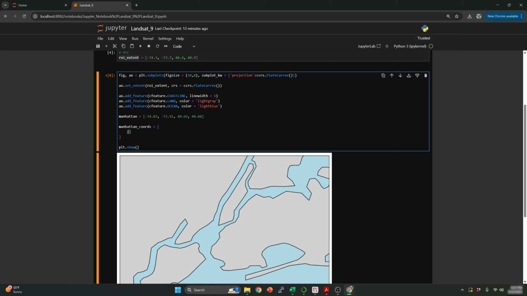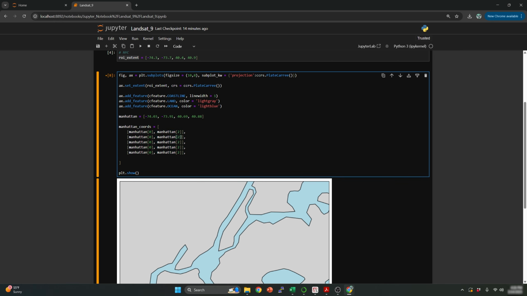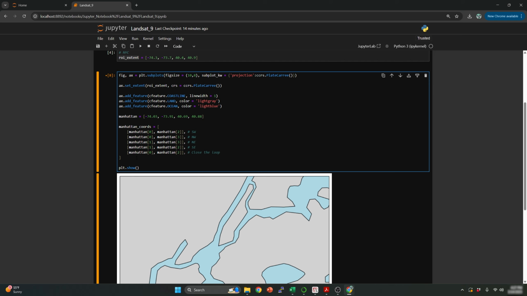So it will be this one, comma, number 2. I will speed up this process. Okay, so I just defined these 5